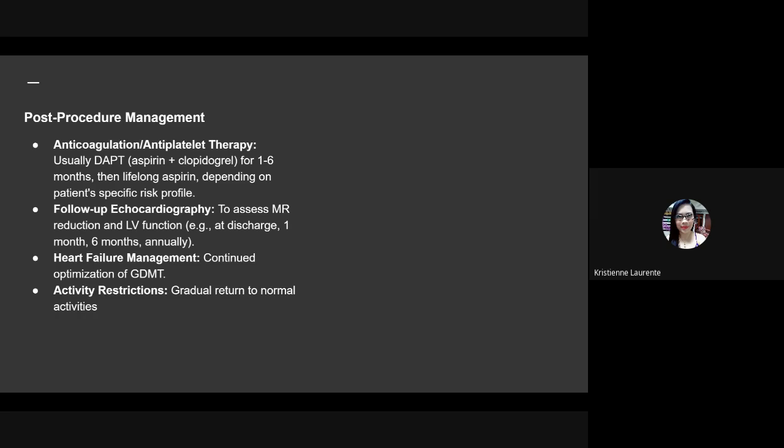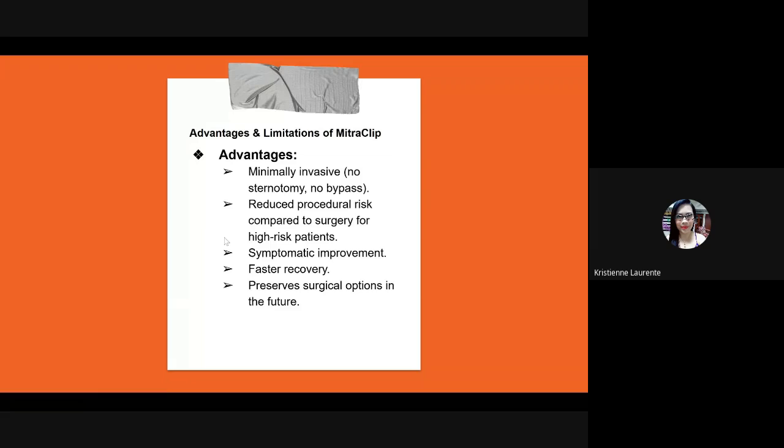For heart failure management, you have to continue the treatment of the patients and restriction of activity. The patient can gradually, not abruptly, return to normal activities. So the advantages and limitations of MitraClip: the advantages are that it is minimally invasive, so there is no sternotomy, no bypass. It reduces procedural risk and complications compared to surgery for high-risk patients, with symptomatic improvement, faster recovery, and